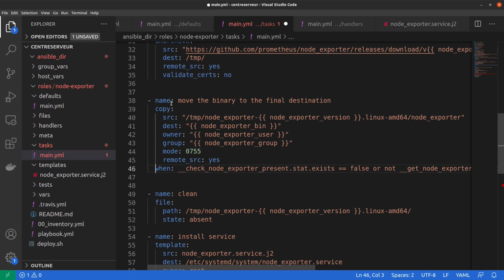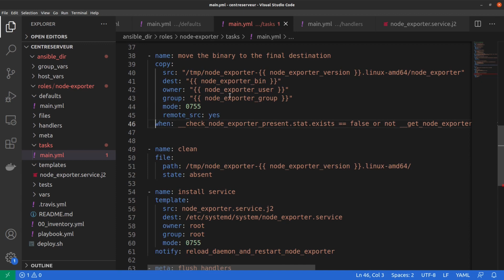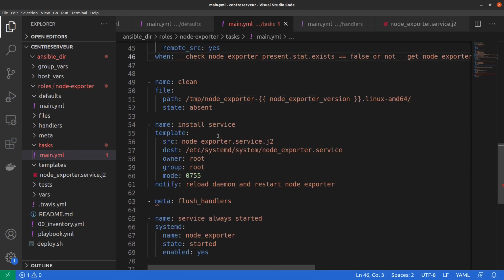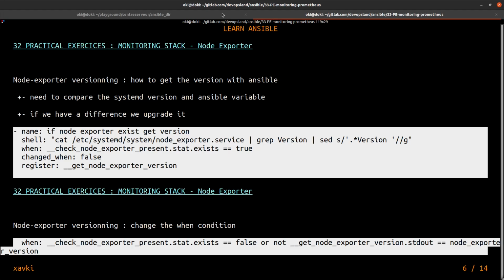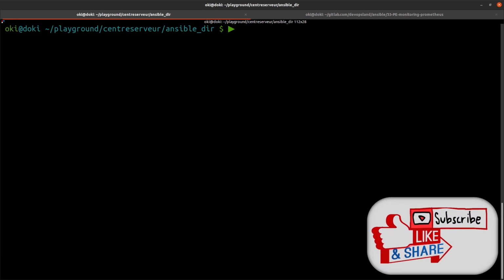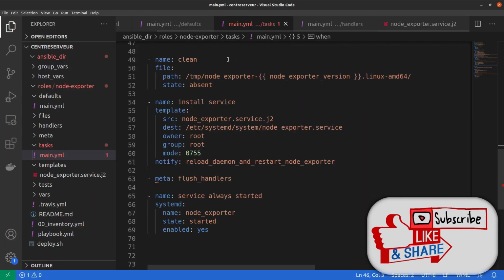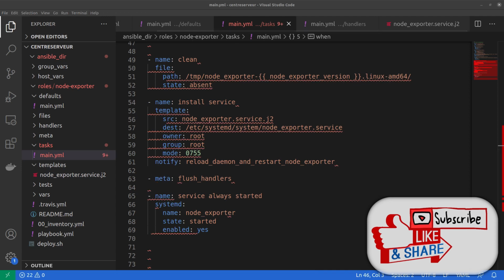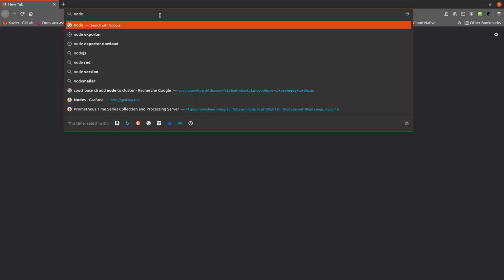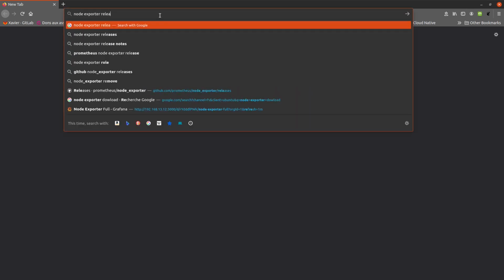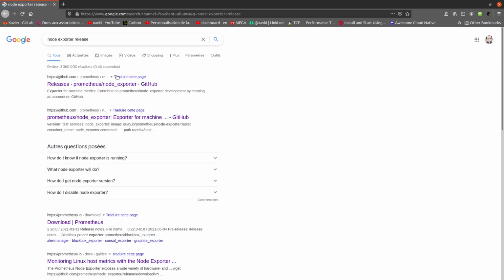So I do it for our copy module, for example, when we want to move our node exporter. And I think that's all. We can test it. I think to test it, we can check if we have a new version of node exporter. So to check it, node exporter release, and we check which